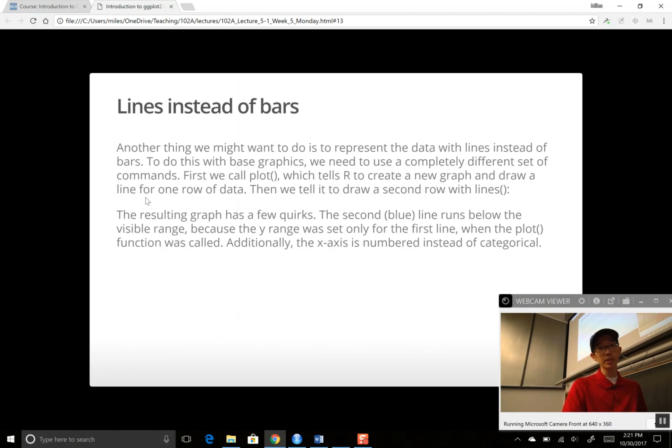And likewise, if we wanted to do something with lines instead of bars, we would call plot to create a new graph, and then we would draw a line for one row of data, and then we would draw a second line using the command lines. And the resulting graph, which I'll show on the next slide, is that the second line will run below the